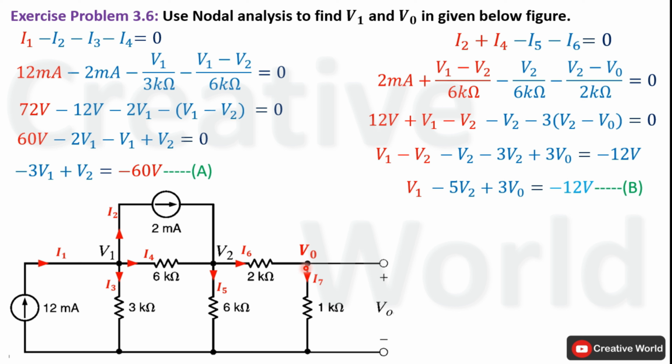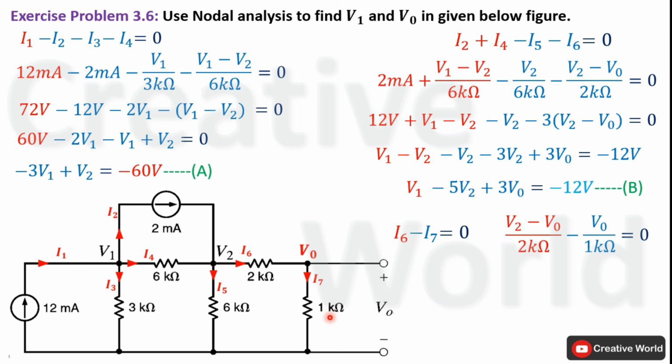Move towards third node. On this node, one current is entering, I6, while other current is leaving, I7. So entering current is taken with positive sign and leaving current is taken with negative sign. Now we have to replace these two currents with their respective equations. I6 is equal to V2 minus V0 divided by 2 kilo ohm as we have calculated in previous step, while